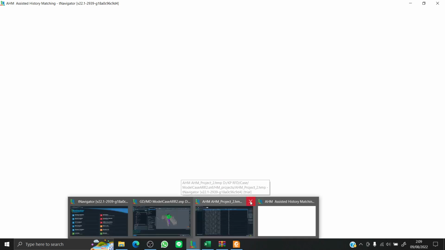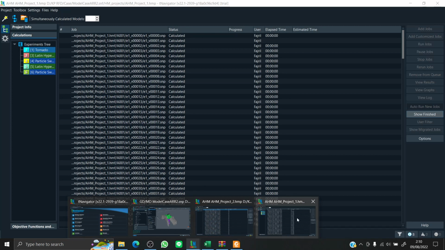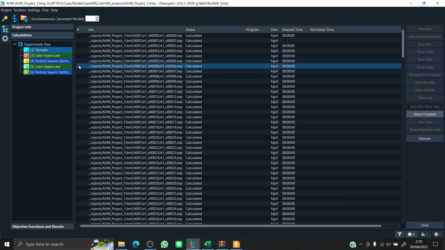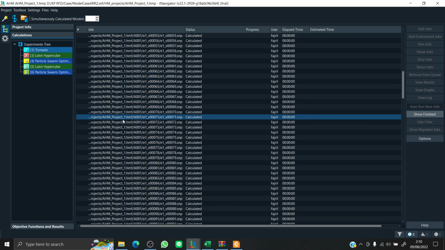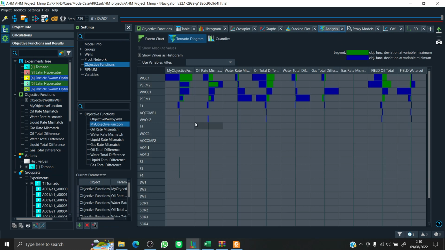We're just gonna close the AHM project 2, hoping that it doesn't add more load to my computer right now. Okay, so project 1 is done. I actually have made several experiments, including the optimization, but I'm just gonna show you the tornado calculation, tornado experiment results. So you can see here we can select our tornado using the analysis tab.